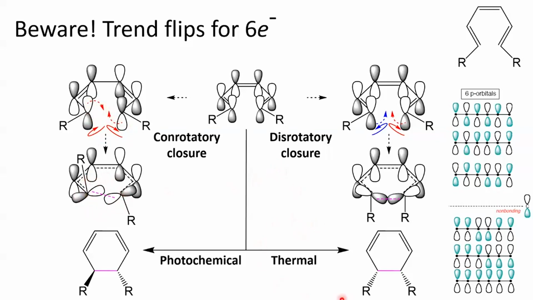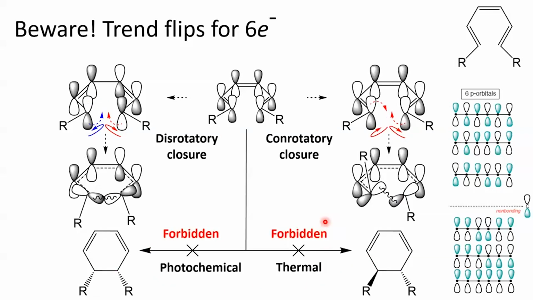The opposite is true under thermal conditions, where in these outermost p orbitals, the only way to line up the matching phases is for disrotatory closure to occur, which matches them up like this, giving us our new bond shown here. This means that the stereochemistry you're going to see is going to be very much influenced by the number of electrons in the pericyclic transition state, as well as the types of energy you are using to trigger bond